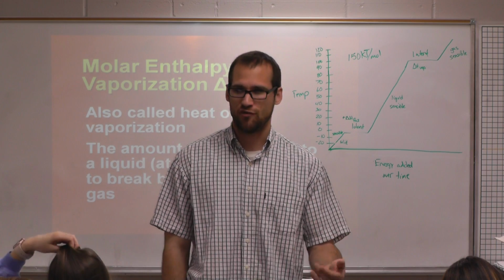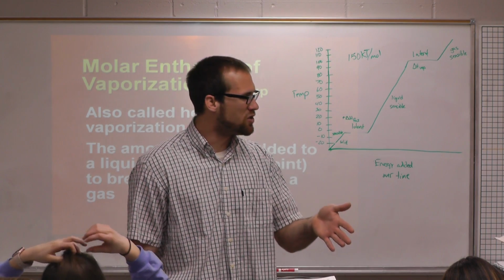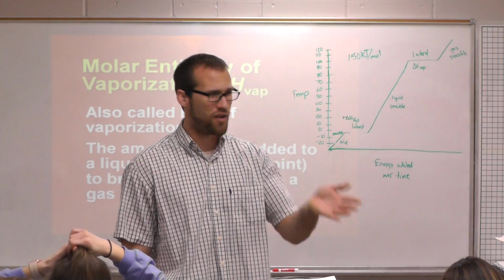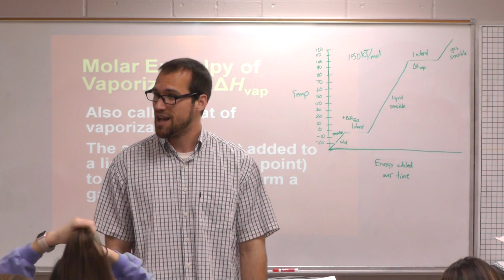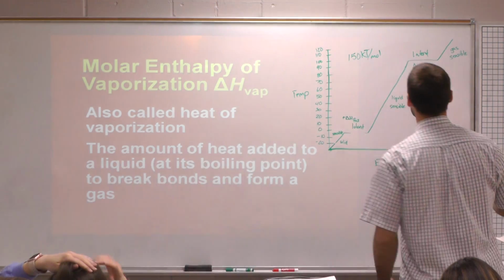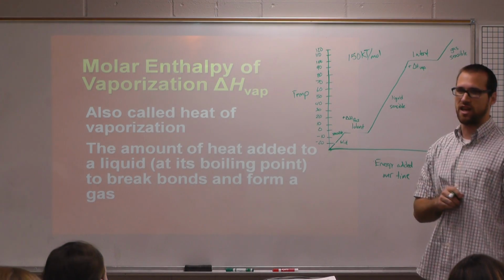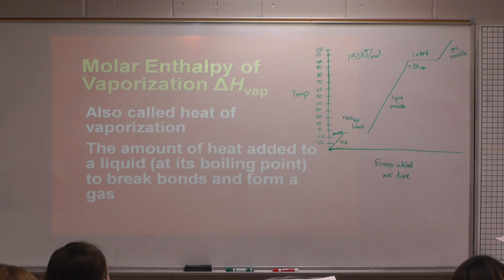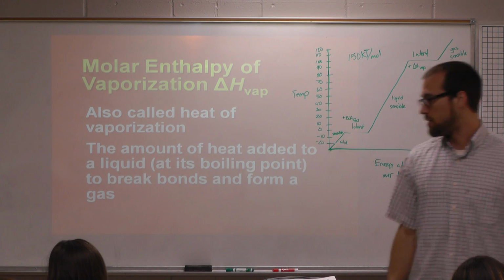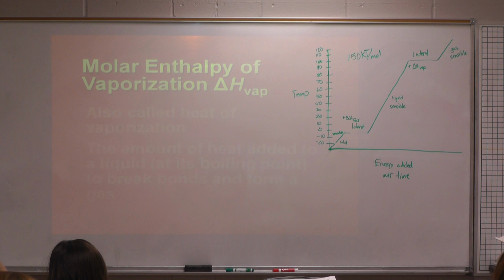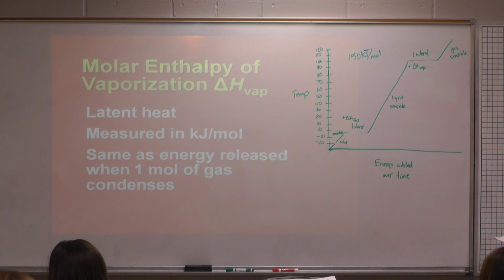Okay, and the opposite then, if you had gas and you wanted to go to a liquid, would you be gaining energy or releasing it? If you went from high energy to low, you'd be releasing it. That's why, typically, when you're going from a liquid to a gas, it's a positive change in H. And when we're going the opposite, where you're condensing the gas, it's going to be a negative, energy being released. Because I'm going from a higher form of energy to a lower form of energy, and the energy has to go somewhere, and it goes out. Okay, is that it? Yes. Pretty much, it's just saying it's latent heat, measured in the same units, and it's the opposite sign, but the same amount if you're condensing.